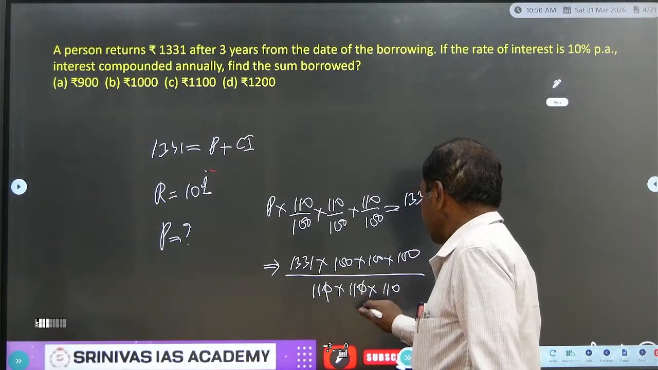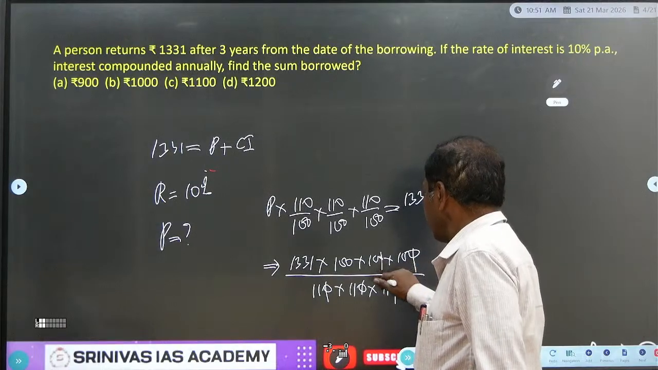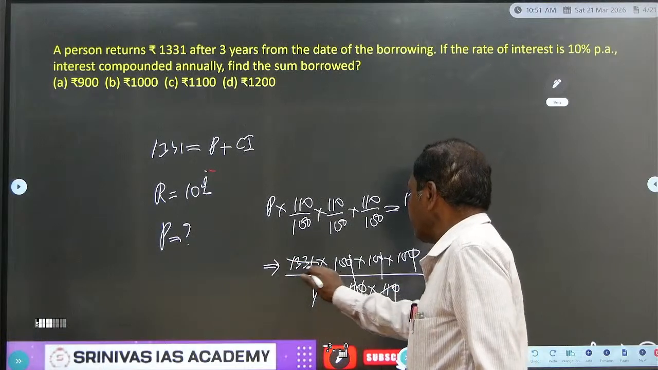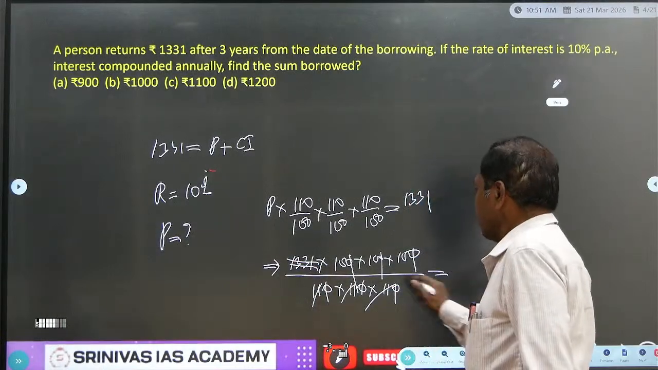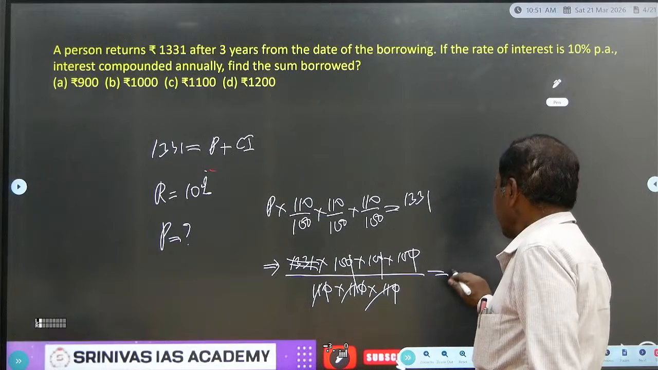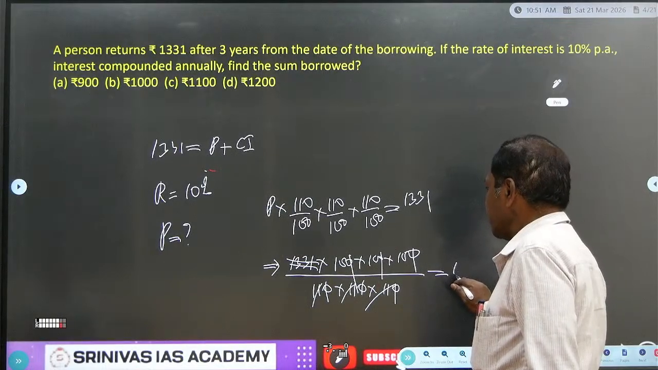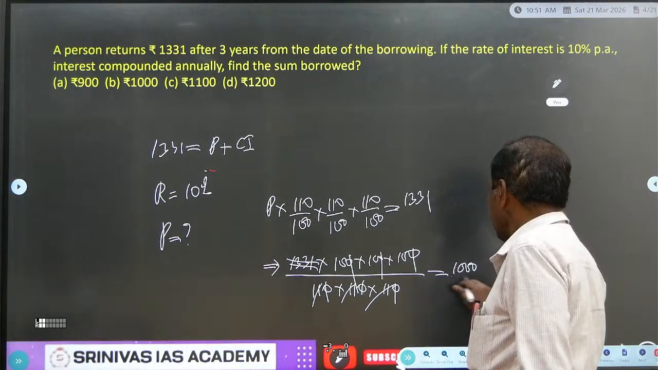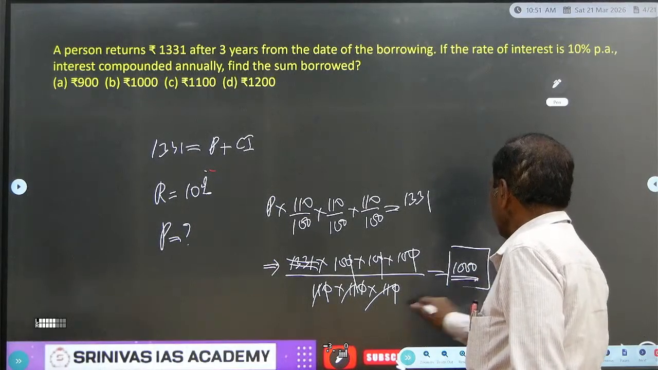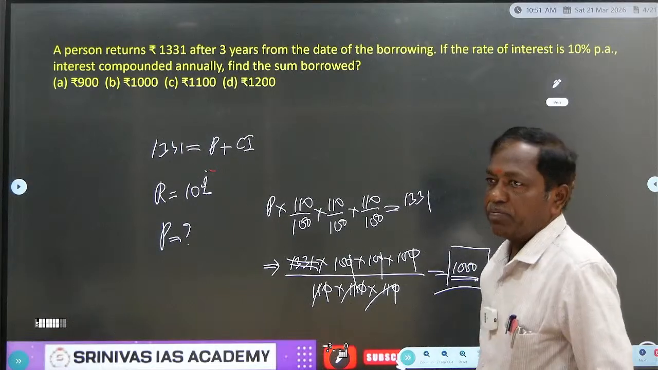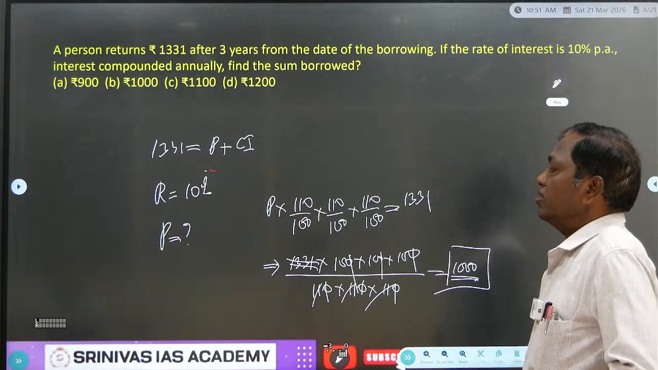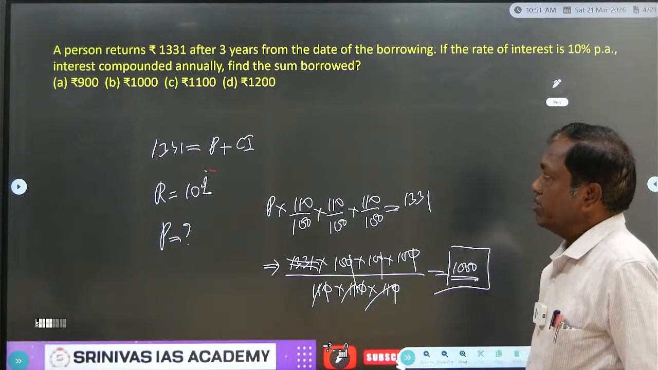3 zeros you can cancel. 1, 2, 3. Okay. 11 cube. 11 cube is completely out. Now 10 into 10 into 10, 1,000. How many zeros are there? 1, 2, 3 zeros are there. This is the principal money. This is very simple. Percentage wise we can do, but